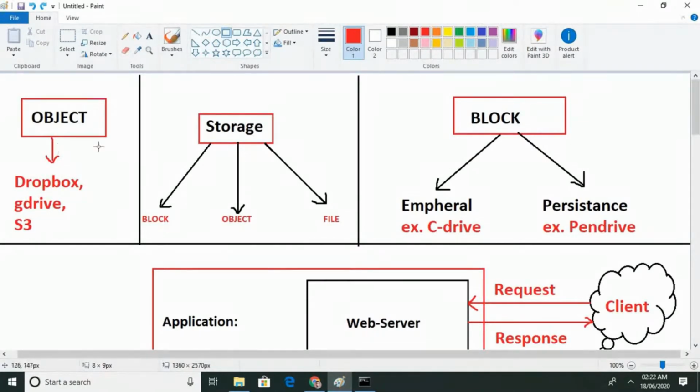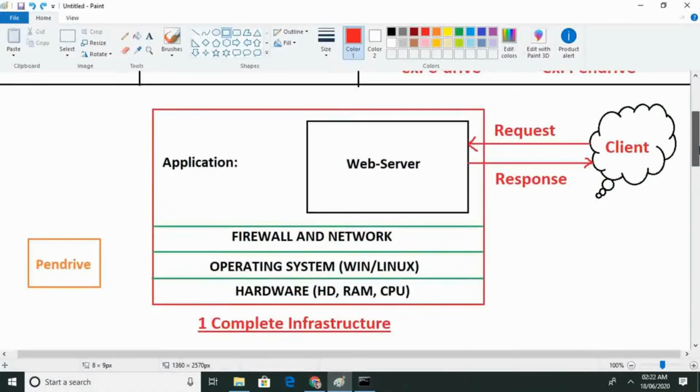In object storage there are examples like Dropbox, Google Drive, and S3, which is the service of AWS. In object storage you can't do a partition of a drive, whether Google Drive or S3. It is permanent when you create it. So let's go ahead.